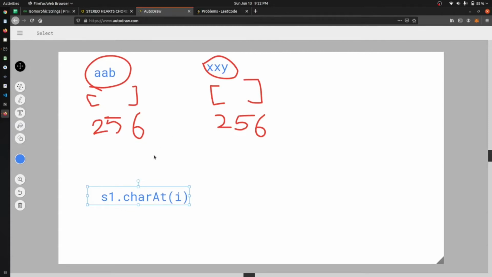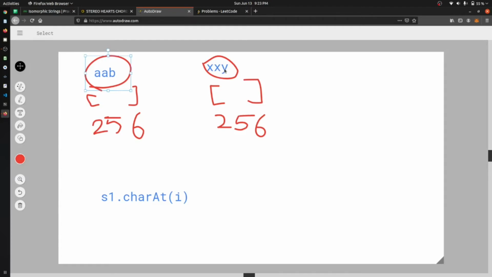Okay, and we will check at every step that if a is 1, x is 1. Okay, then we will come here at the second position, we will count it as 1, we will count it as 1.